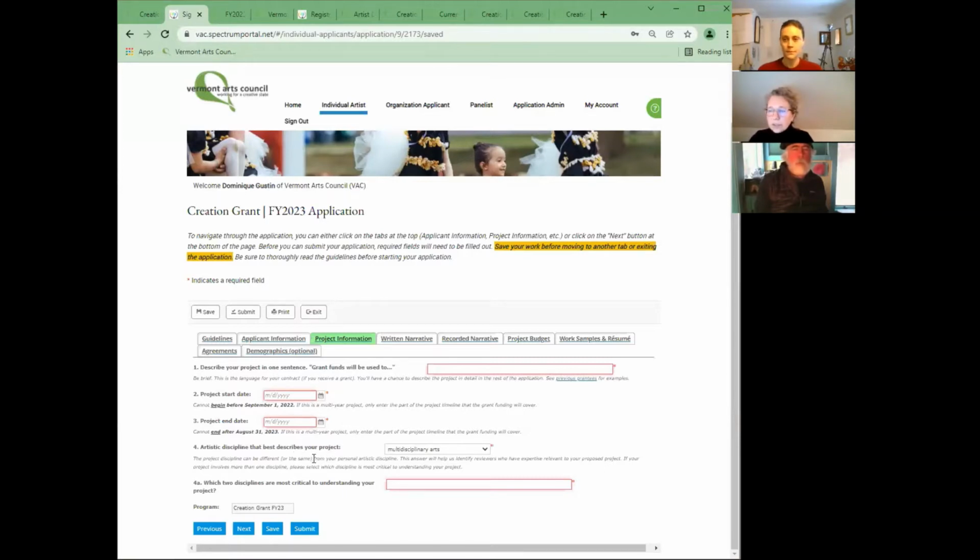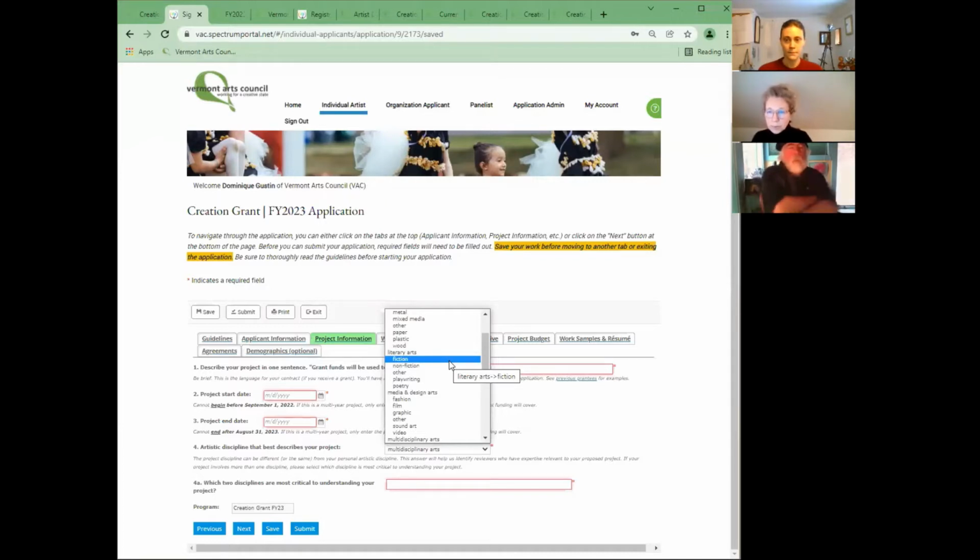The next question is the artistic discipline, and from the drop-down list you will make a selection that best describes your project. The project discipline might be different from your personal artistic discipline, but your answer is going to help us identify reviewers who have expertise relevant to your proposed project. If your project involves more than one discipline, select which discipline is most critical to understanding your project from the drop-down list. And if your project is a multidisciplinary project,